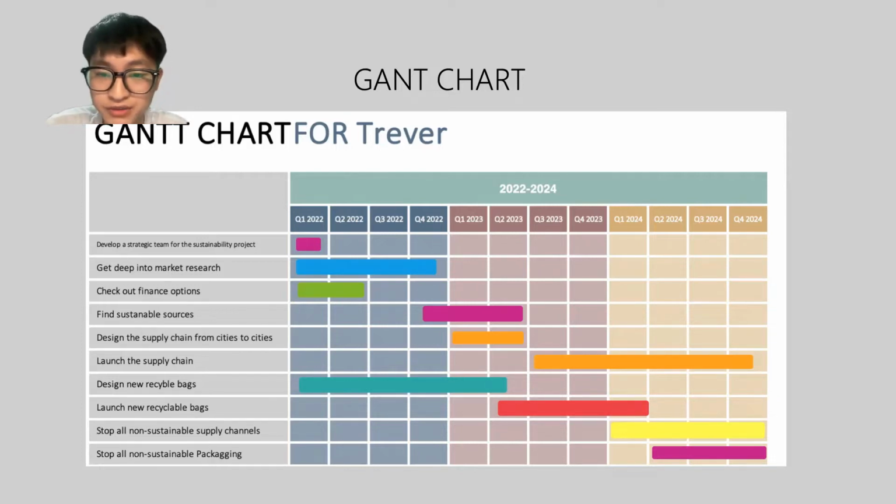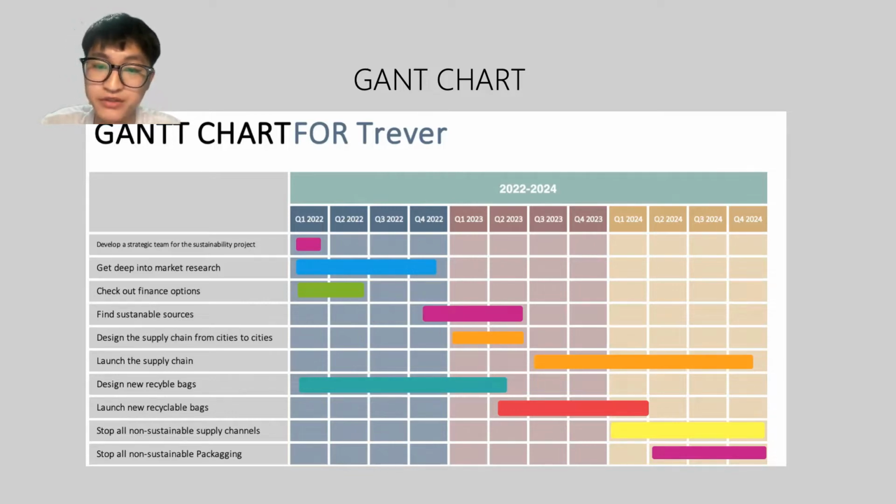Our second milestone, for the entire year of 2022, will design a new recyclable bag that is fully sustainable for any customers in store. While doing that, we also need to consider all the financial problems behind this. Therefore, we'll take this project and consider it for a long time until we're confident that it could survive. Then in the remaining quarters of 2023 and the first quarter of 2024, we'll launch these new recyclable bags if it actually suits our financial budget.